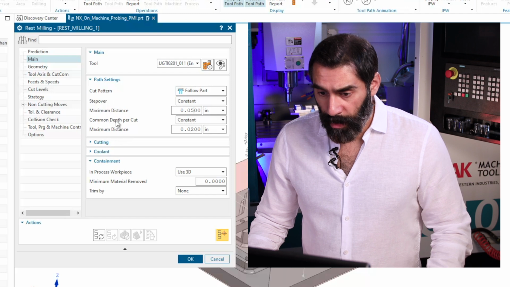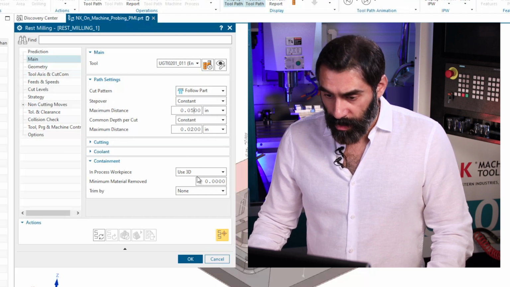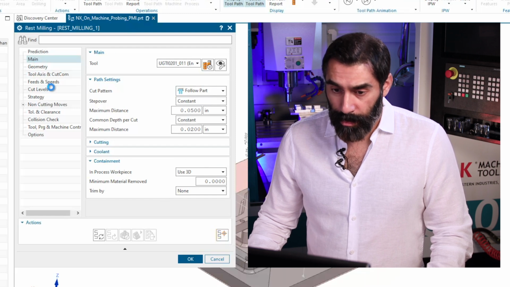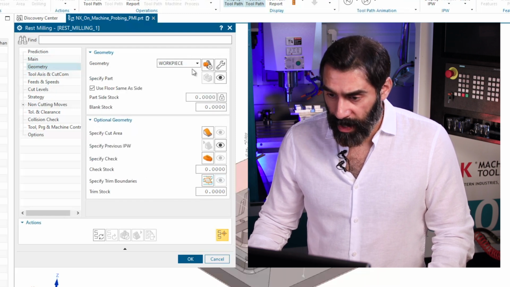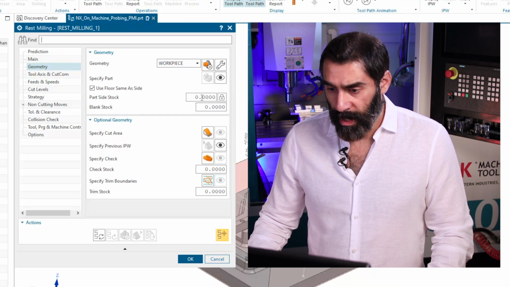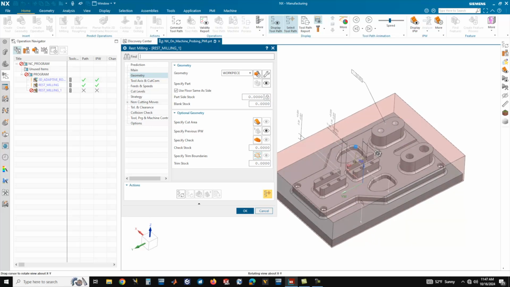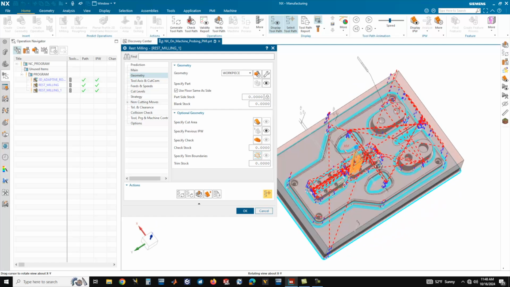And we're going to leave our depth of cut to be 20 thousandths. Leave everything else as default. Back over in the geometry tab, we just want to make sure that there's 0 part side stock specified so that the tool cuts down to the CAD surface. I'm going to generate the toolpath, and this time we should have a toolpath that's only generated